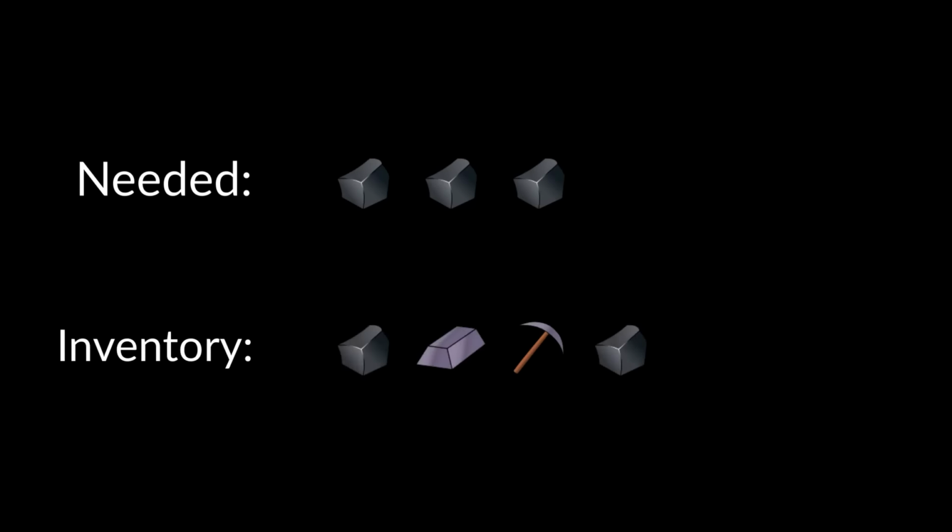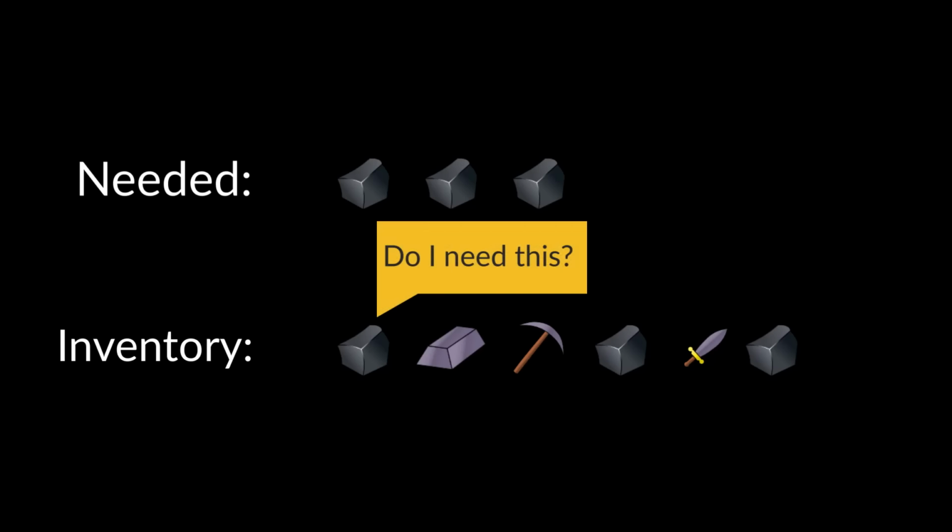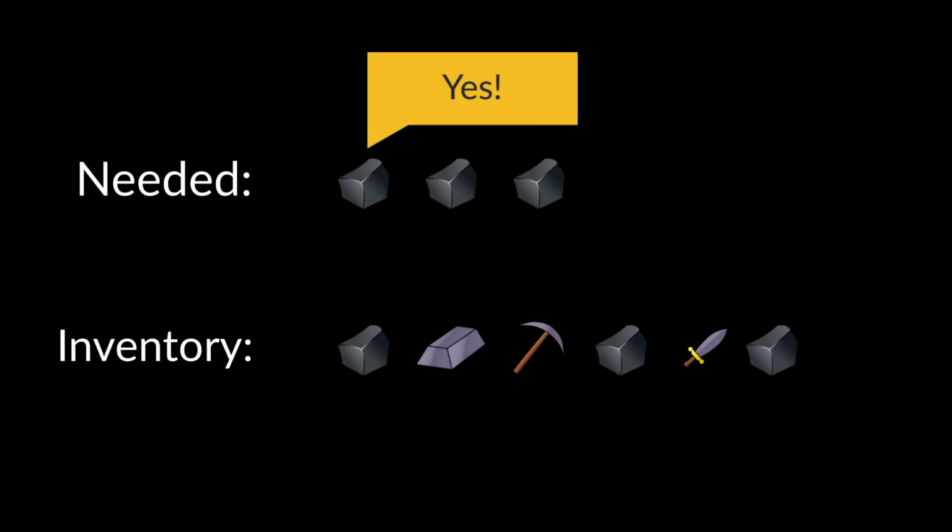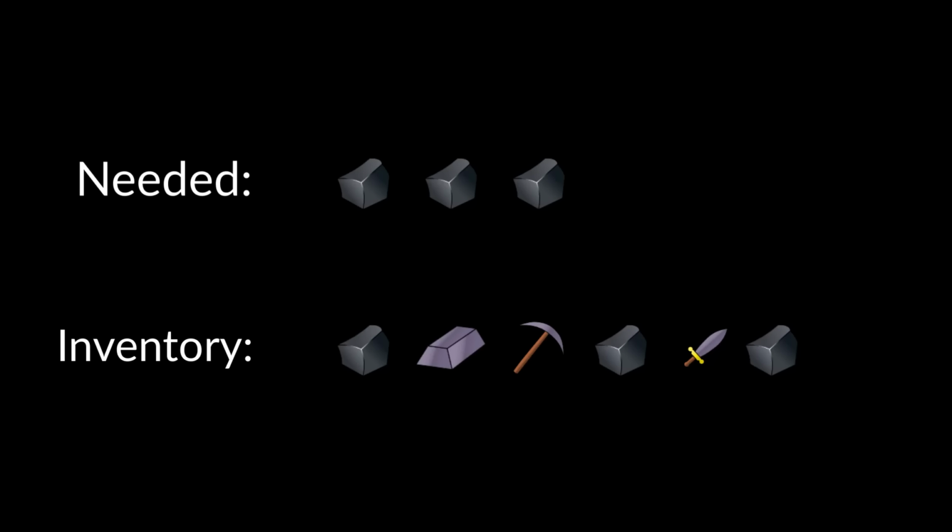Well, let's see, we need 3 iron ore, and this is what is in our inventory. Now we can walk over the content of our inventory and we check, is this an item that we need? And if this is the case, we remove this item from the list of items that we need. So we start with an ore, and we need an ore, so we can remove the first ore from the